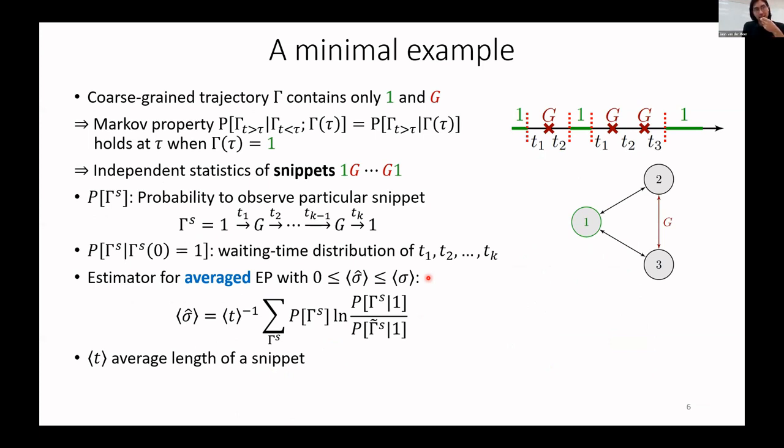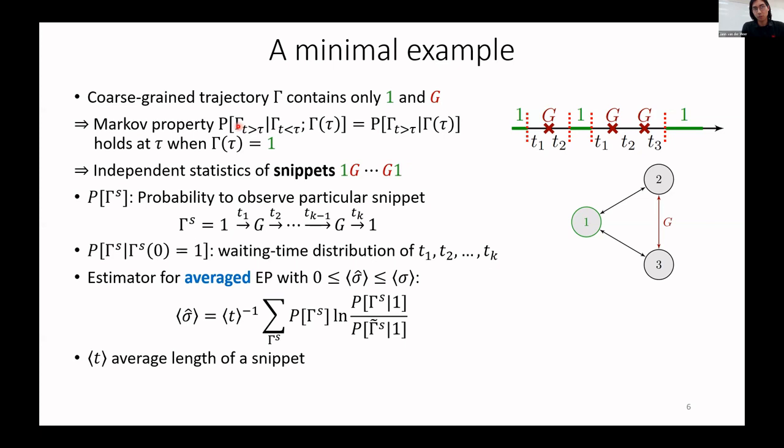If we want to formalize it, then we have to think about in what sense these waiting time distributions are independent of each other. How can we break the long trajectory apart into smaller independent subunits? And for this, what we can use is that state 1 is actually a Markov state, which means that the waiting time distribution, which gives us T1 and T2 here, is independent from the one T1, T2, T3 here. So calling these small fragments of trajectories snippets, which always have to form 1, a couple of G's, and a 1,